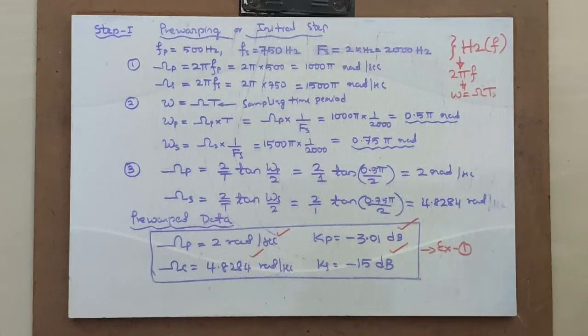Last step, step 3: that analog filter which you got, you have to convert into a digital filter with the help of 2 by T times 1 minus z raised to minus 1 divided by 1 plus z raised to minus 1. To complete this example, I will pass through all the 3 steps and sub steps which are required. I hope you have understood step 1. If there are any difficulties in step 1, you have to ask me, because this is a very important numerical example which every student needs to understand. Okay, let us go to step 2.